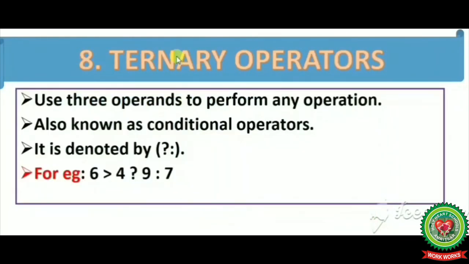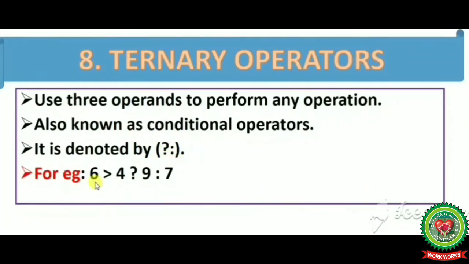The next category we are having is ternary operators. Ternary means we can take 3 operands over here. Use 3 operands to perform any operation. And it is also known as the conditional operator. It is denoted by question mark and colon sign. For example,